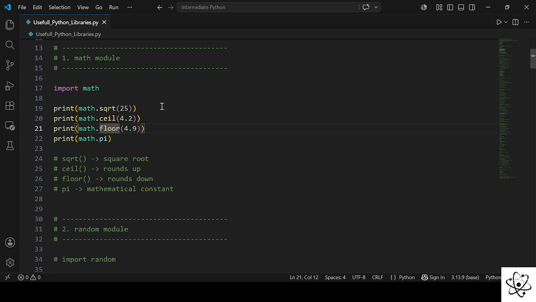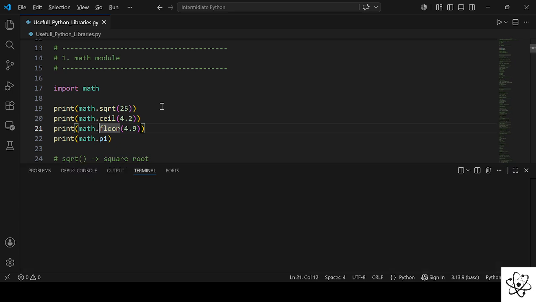So math has some specific functions such as sqrt, which is short for square root. So the square root of 25 is 5. 4.2 will be ceiled to 5, and 4.9 will be floored to 4, and math.pi will return the value of pi. Now to show you that, let me run this code,